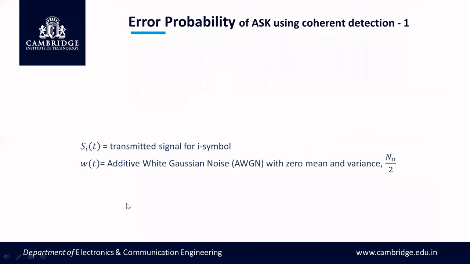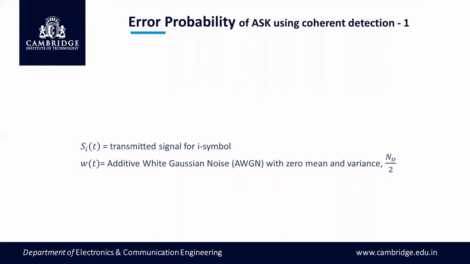Now, let us look into the probability density function, which is Gaussian distributed. To calculate the probability of error, which is one of the performance parameters of a modulation technique, we need mu of x1, the mean value of the random variable x1, and sigma x1 square, the variance of the random variable. We start with understanding the receiver. Here I've shown the calculation of mean and variance.